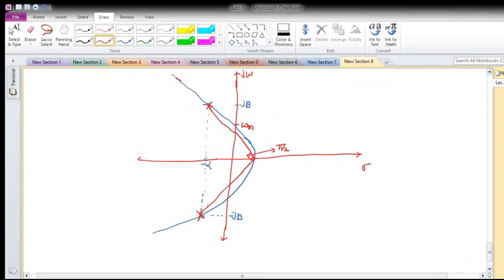Now to find out the cutoff frequency, what is to be done? Let me call these A, B, C. This is A, this is B, and this is my C. You take AB or AC as radius, because both are the same, and A as the center, and draw one more circle. What I told, you take AB as radius, A as center, and draw one more circle. So what will happen? The circle will be something like this.